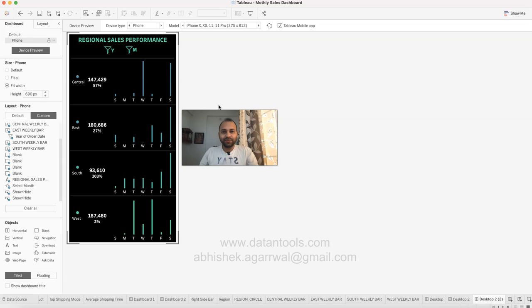In this dashboard tutorial, as you could see, we are shifting a little bit from the traditional dashboard and creating this mobile dashboard. What I have done is selected the device type as phone under the device preview, so that I can be sure that the visualization, the text and everything I'm putting in this dashboard is for this particular model type, which is iPhone X, XS,